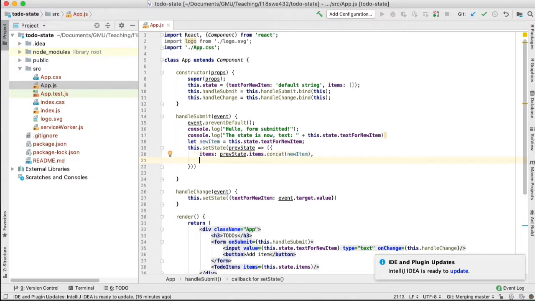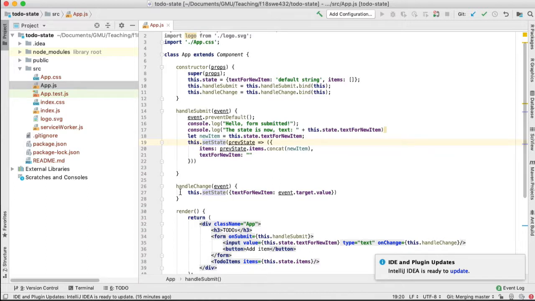And we're going to clear the text for new item. So just unpack what's going to happen here. When this is called, we're going to read what that text is going to be. We're going to call this.setState. And in that case there, when we were